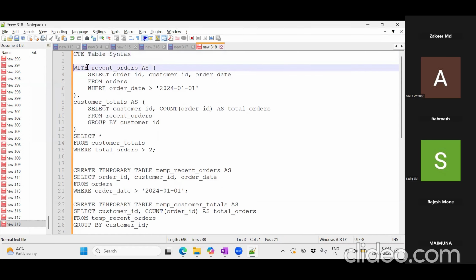Whenever it starts with the WITH function here, it means that it is the CTE table syntax. CTE is nothing but common table expression. Okay, and what it does,